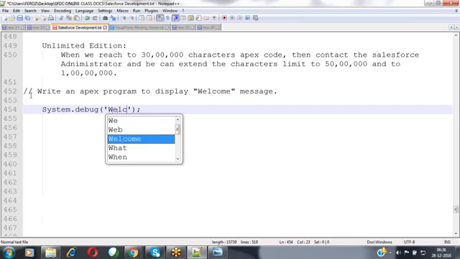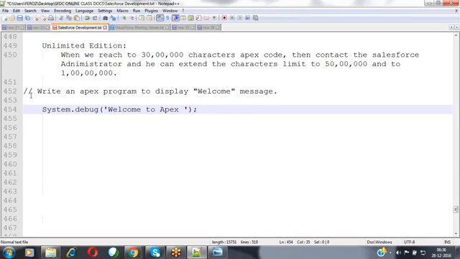You can specify the message which you want to print, for example, 'Welcome to Apex programming'. Whatever message you want to print is nothing but a string. If it is a string value, then compulsorily we have to enclose it in single quotes. That's it. This is the line we write in order to execute the code. No need to include any header files, import any packages, or add any namespaces. We can directly write the code.